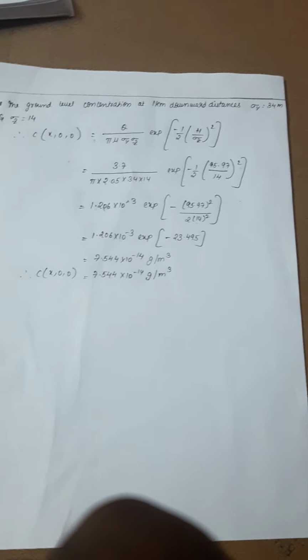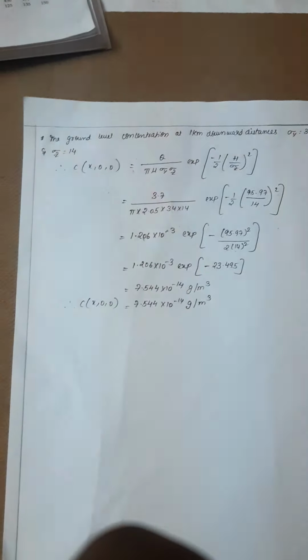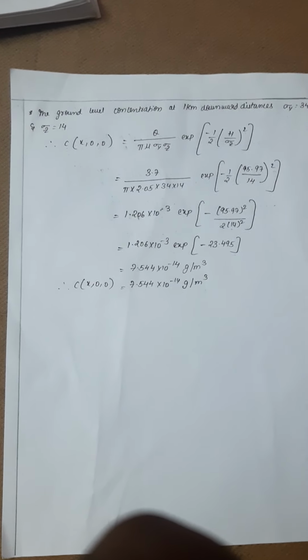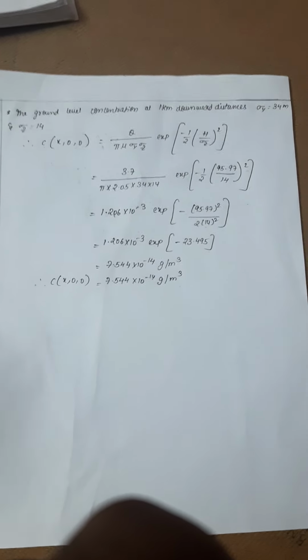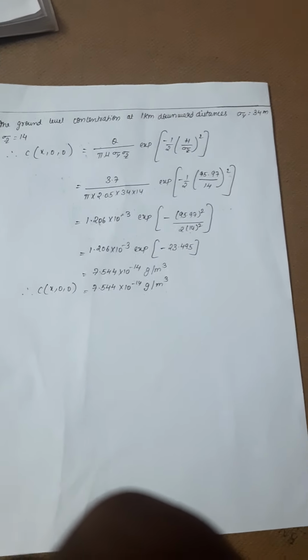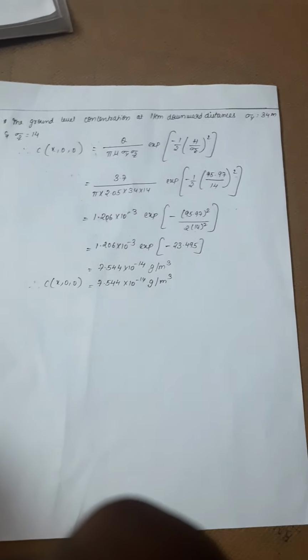This is some of the models regarding the effective stack height and ground level concentrations, like Holland's formula, Davidson's formula, and empirical formulas regarding plume rise. So these are some model problems regarding the Gaussian model in the 4th unit. Okay, thank you.